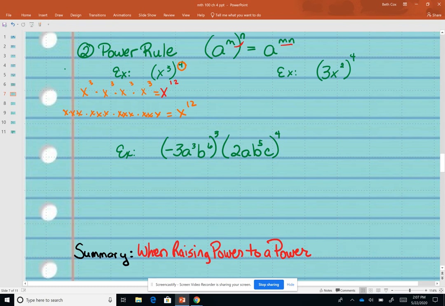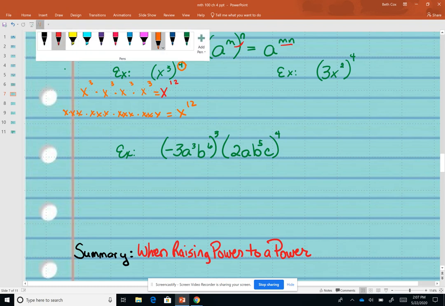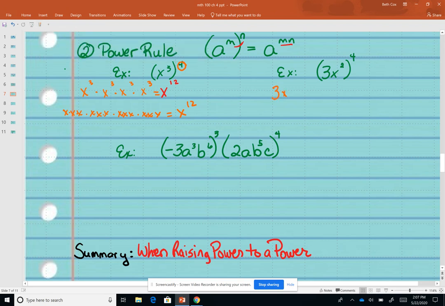Now let's look at this next one. We have 3x squared to the 4th power, so that would be 3x squared, 3x squared, 3x squared, and 3x squared. Okay. And so that would be,